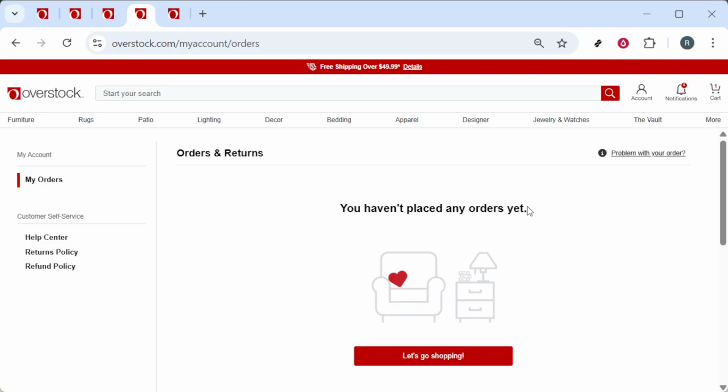Look for a tracking number or a track package link. Clicking that link takes you to the carrier's page, where you can see the latest scans, the current location, and the estimated delivery date. If your purchase ships in multiple packages, each one will have its own tracking entry in